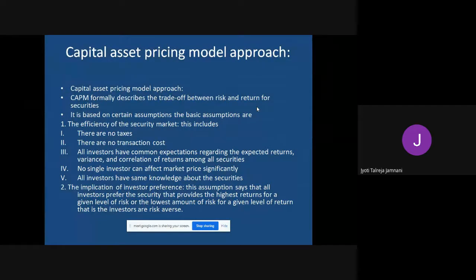So basically every investor is risk averse, though not 100%. Averse means don't want to take risk. A risk taker is the person who intentionally takes risk. Averse is a person who tries to avoid taking risk. So the general tendency is nobody wants to take risk, but when you trade in the market, you will have to face certain risk. You cannot be risk averse and enter the stock market. So that is the second assumption.